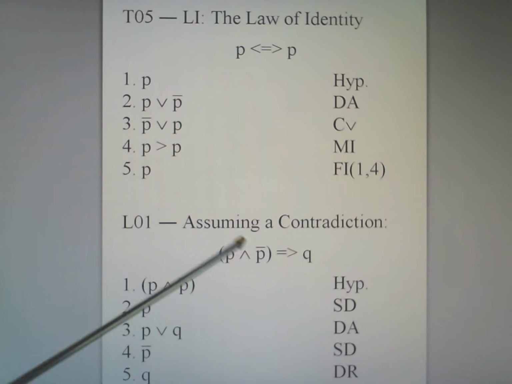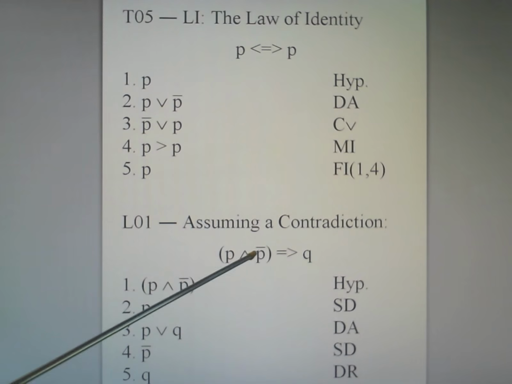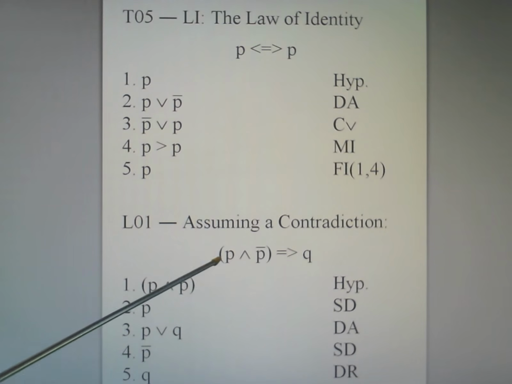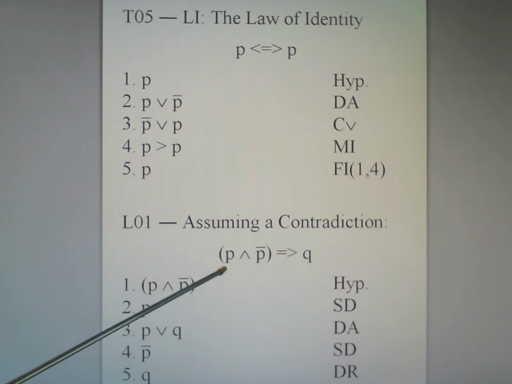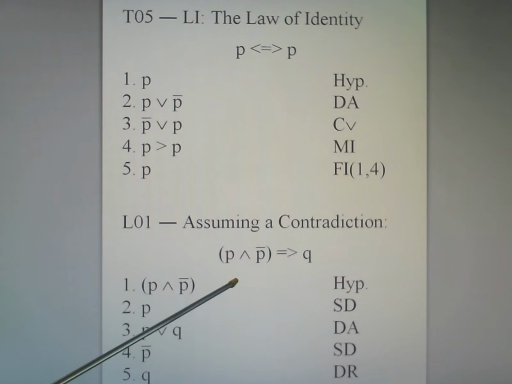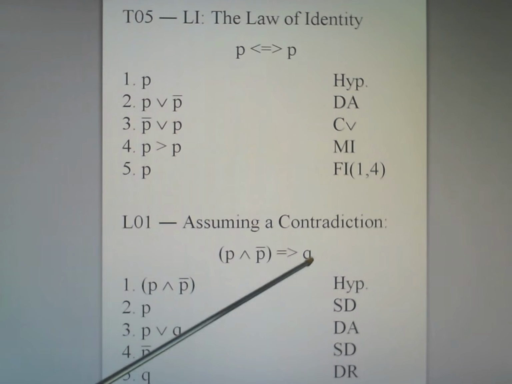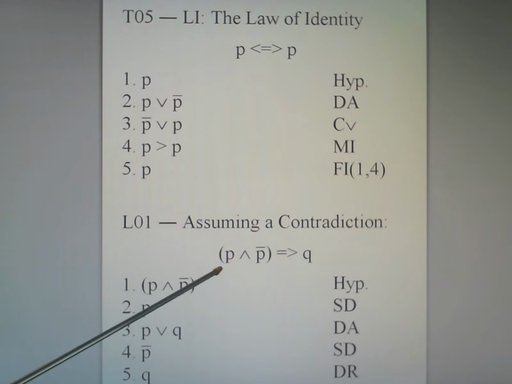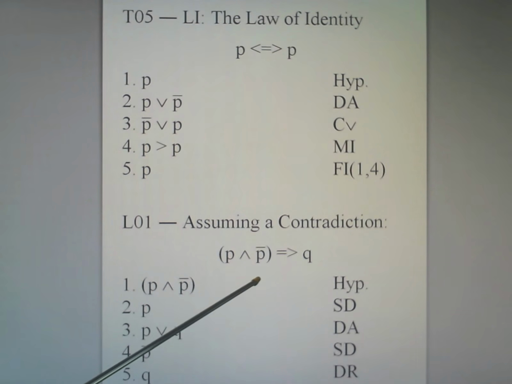Right? As we see here, P and not-P is a contradiction. We're not allowed to assert the truth and falsity of a statement at the same time. Right? And what we're going to see is that if we do allow that, then that implies the truth of any proposition whatsoever. That's what these variables stand for. This stands for any proposition whatsoever. This stands for the negation of this any proposition whatsoever. So if I stick one in there, I've got to stick the same one in there and use the word not. But this is any proposition whatsoever.